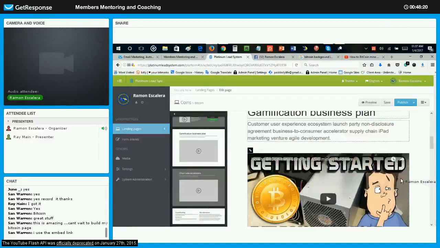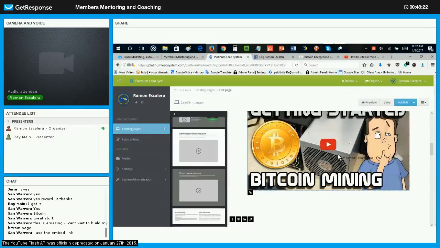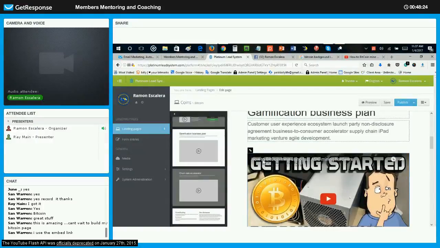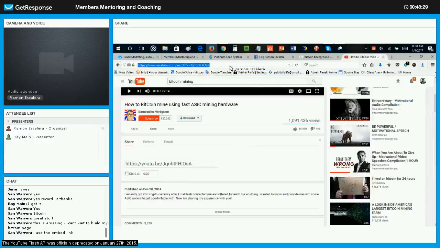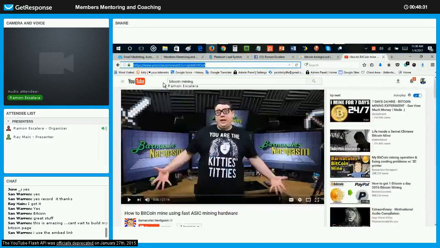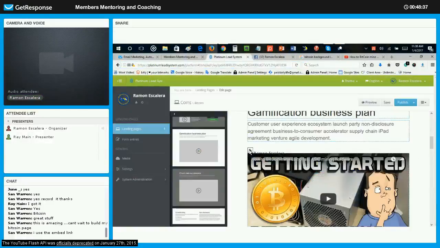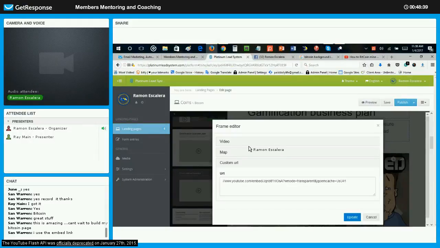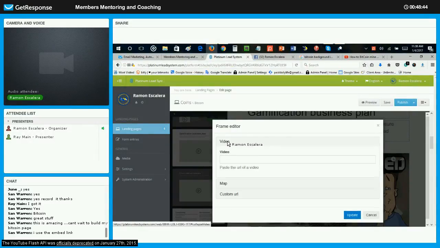So when you add a video to your video page, you have to click on the video link. And then you have to use the link that's at the very top of the video of YouTube, which is the very top one here in the browser. Copy that, okay? And you come down and you click on this little link here. You're not going to type it in the custom URL. You have to type it where it says video and then paste it right in there. And once you do, you want to remove the HTTPS